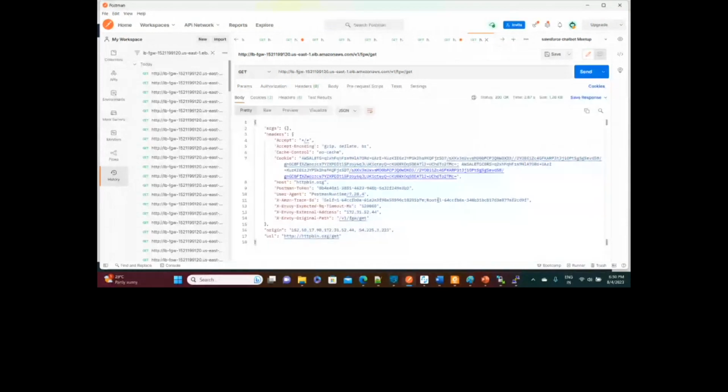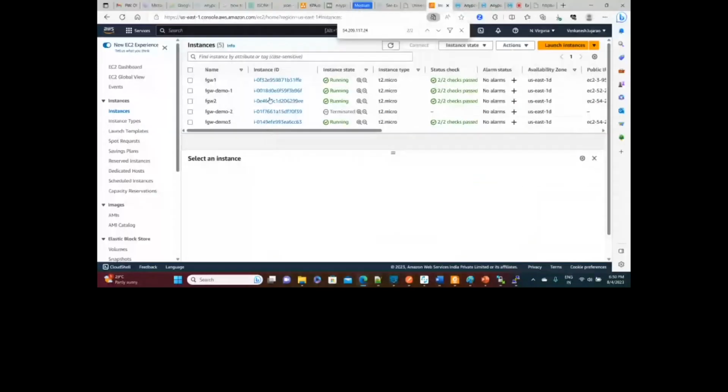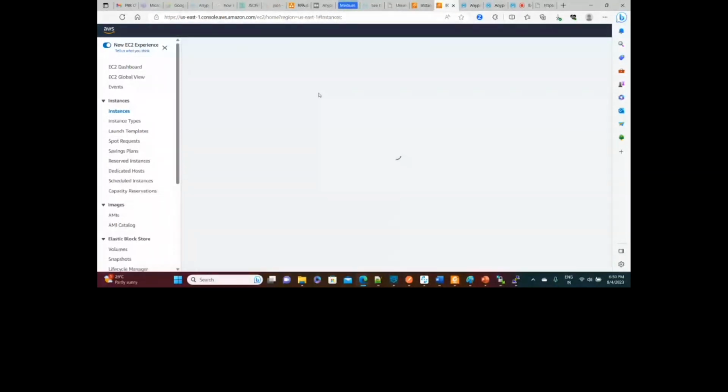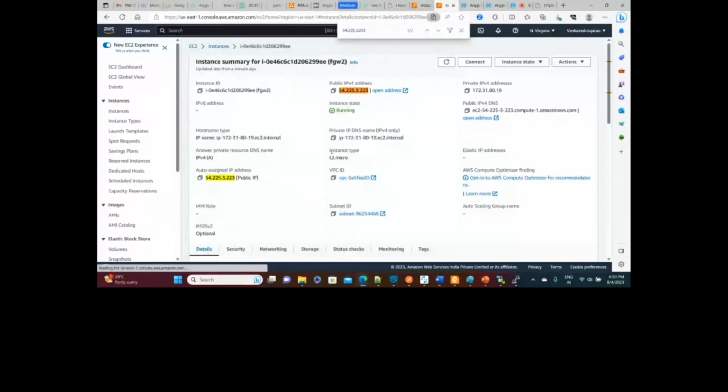Now here you can see this IP, this particular instance got the request, and from there we are getting a response, right? So this IP address is the IP address of that particular instance. Let's see for which instance that IP belongs. So I have two instances, FGW1 and FGW2. So this IP must be from the FGW2. Okay. Now if I trigger the same thing again,